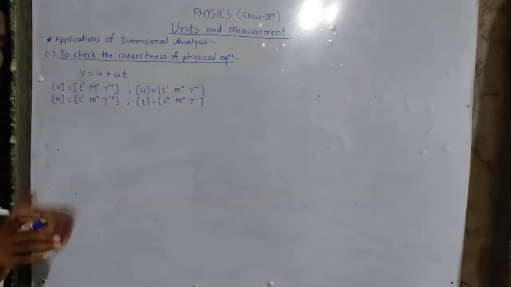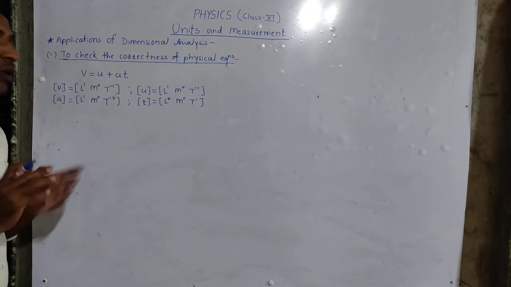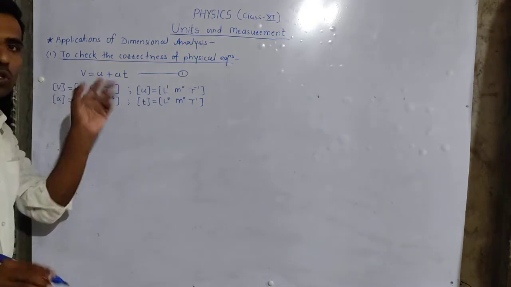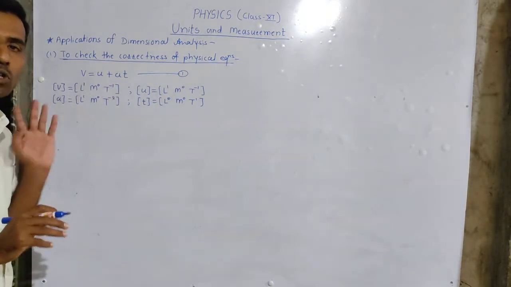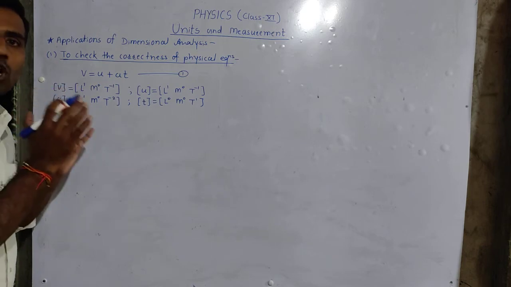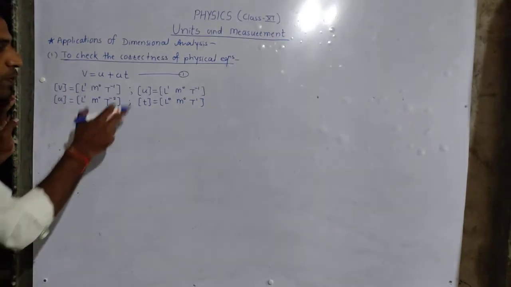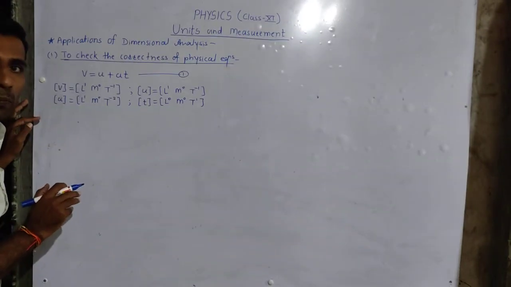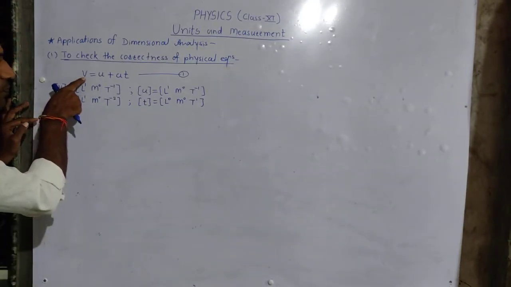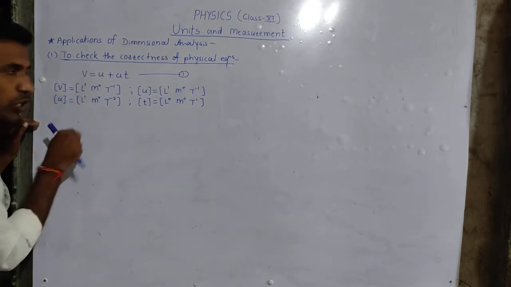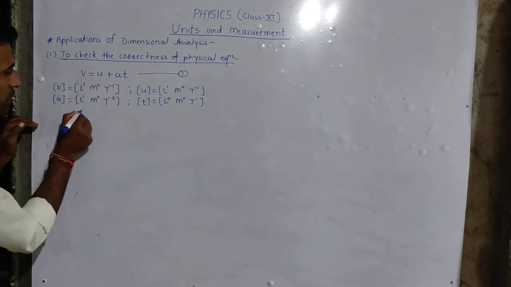Okay, here we have a total of 4 terms in the given physical equation. Let's denote it as equation number 1. There are 4 terms, V, U, A, and T. We have written the dimension of each term. Now let's write all these dimensions into equation number 1. The first term is V. Instead of V, write the dimensions of V that we have already written here. So our equation 1 becomes,